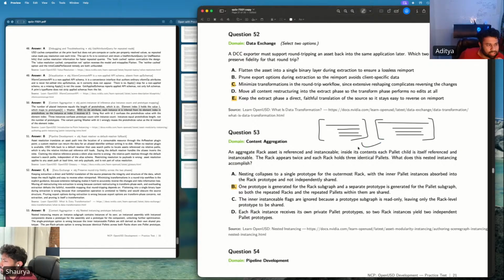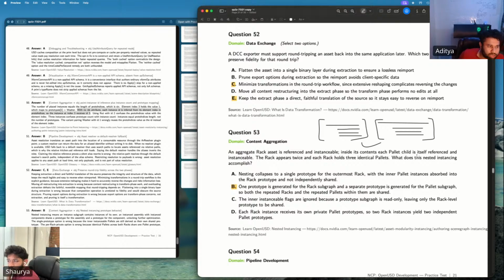An aggregate rack asset is referenced and instanceable, and inside its content each palette child is itself referenced and instanceable. The rack appears twice, and each rack holds three identical palettes. What does this nested instancing accomplish?